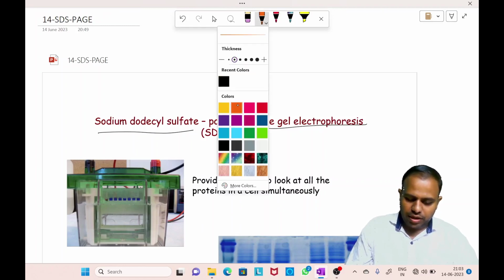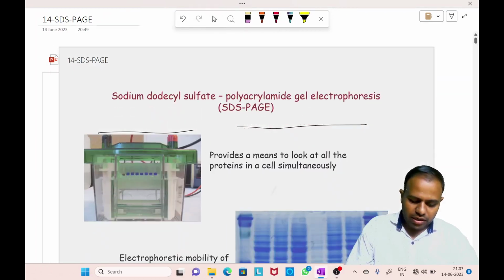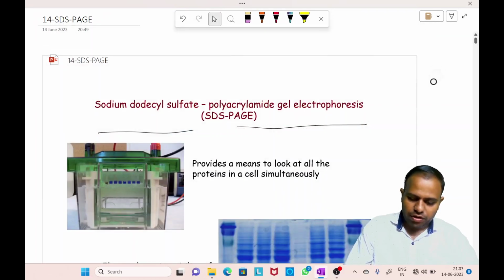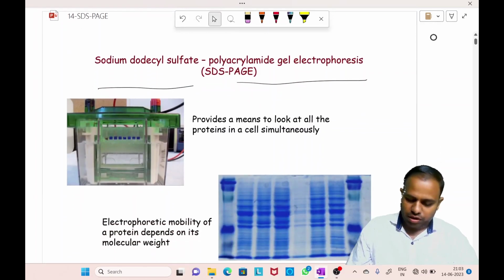So you can see here. Let me discuss sodium dodecyl sulfate here. First of all, it is a type of electrophoresis. Remember, it is a type of electrophoresis which is always done to separate proteins